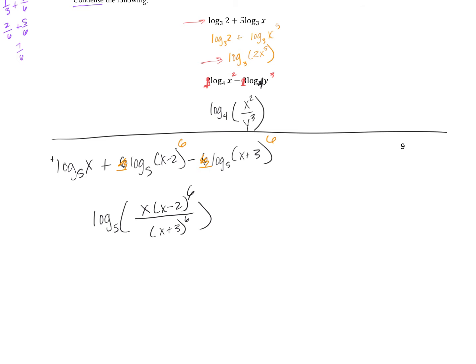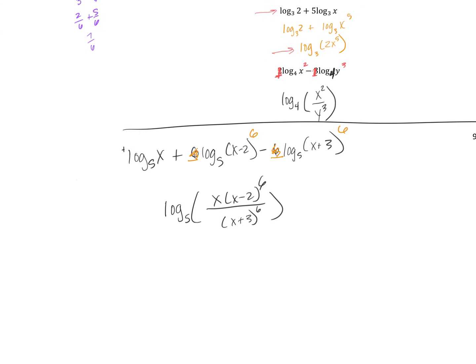That X, that's on the top? The first one, yeah, that's where it came from. So this is this X. This is this one. Cool? Yeah. But why would it go up there during the property? Say that again? But why would it go up there? As opposed to where do you think it should go? I'm not too sure where I would think it would go, but I was just confused why it would go